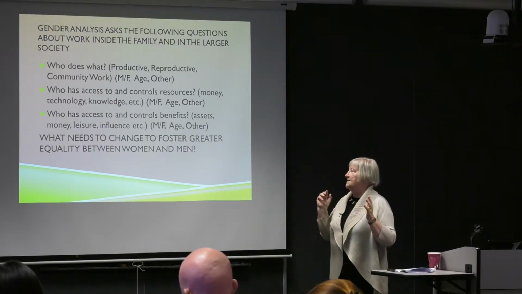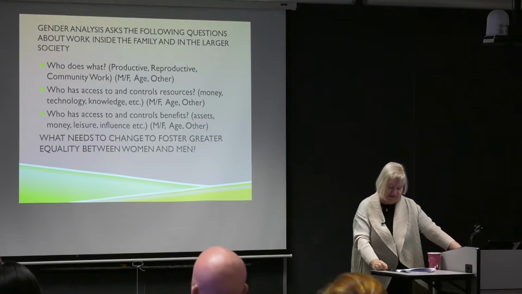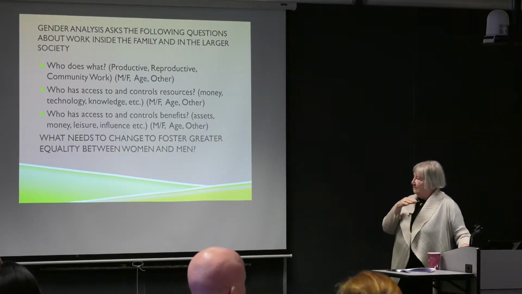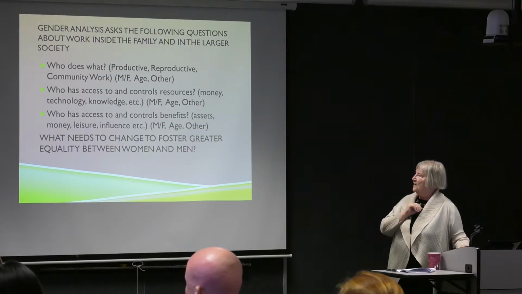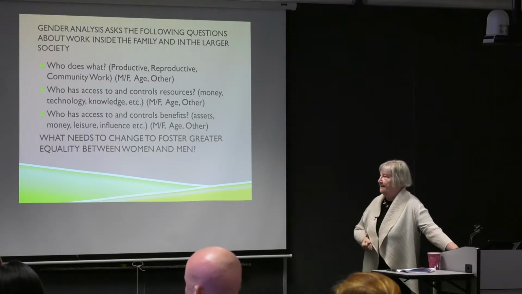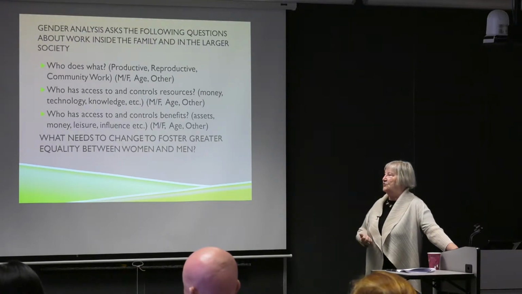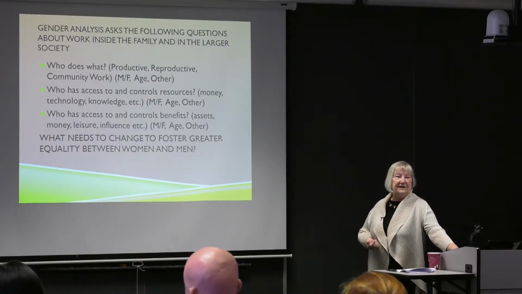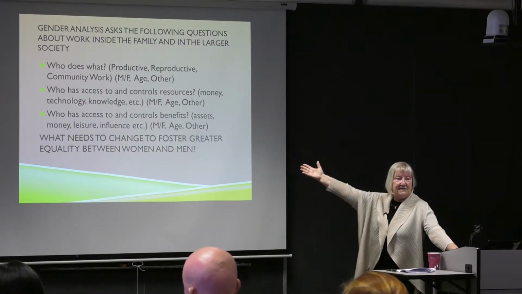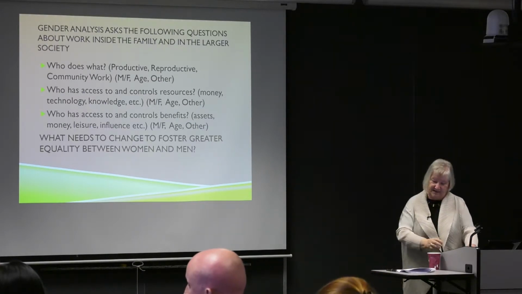And basically, these frameworks said, we need to look at who does what, both productive, reproductive, and community work, men, women, age, and sometimes other categories like ethnicity or religion. Who has access to and who controls resources? And resources included money, technology, knowledge. Who has access to and controls the benefits? And benefits were considered things like assets, money, leisure, influence. And what do we need to change? So you can see that if that framework had existed before they designed that West Africa irrigated rice project, it could have been very influential in terms of designing a project that better met the needs of